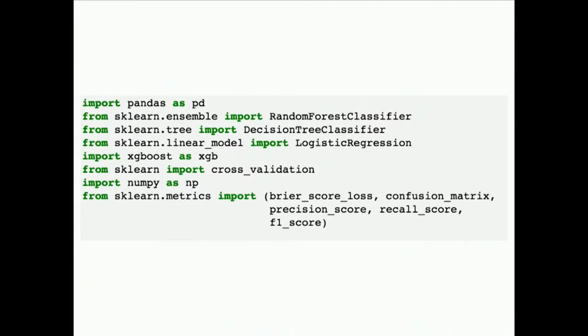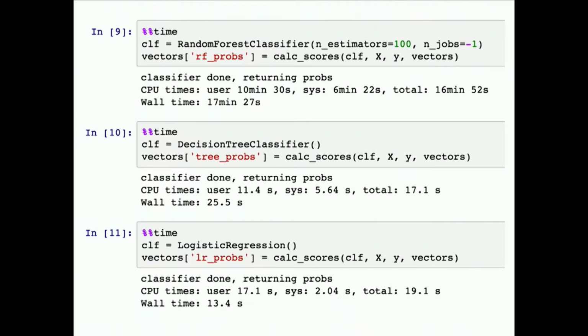And fortunately for us, sklearn has baked in basically any classification model you might want to consider, and a variety of diagnostic tools. So just as an example, we might look at random forests, decision trees, and logistic regression. And again, feed them that human-labeled training data and those feature vectors, that numerical comparison of the pairs of records.